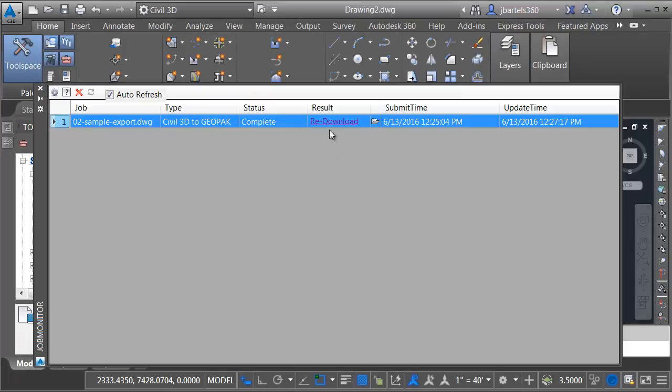Note that if I want to, I can re-download this file. It will remain in the job monitor for approximately 3 days. Since this entry represents cloud-based storage, if I want to, I could delete it at any time by clicking this red X. To view the translated data, I'll click this folder icon to jump to the folder where we saved